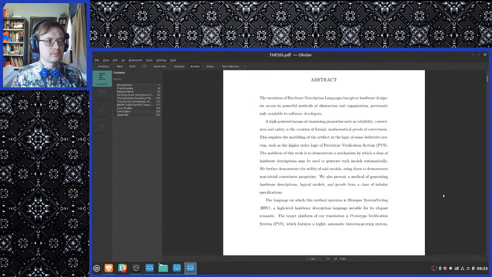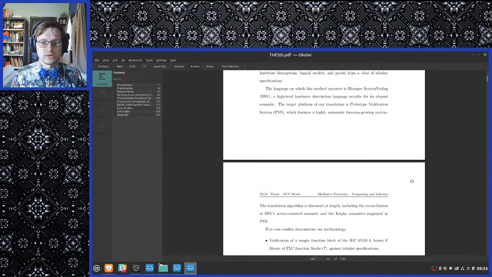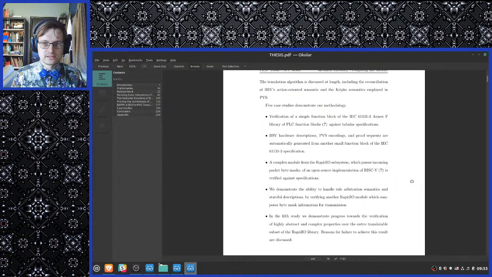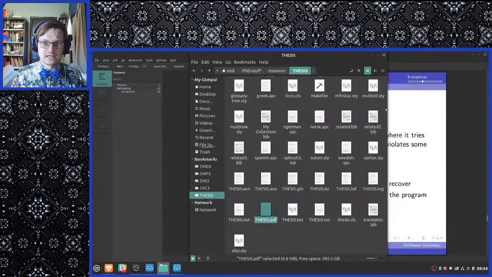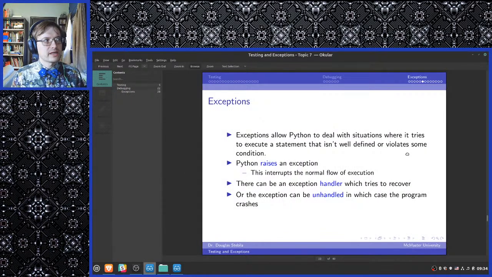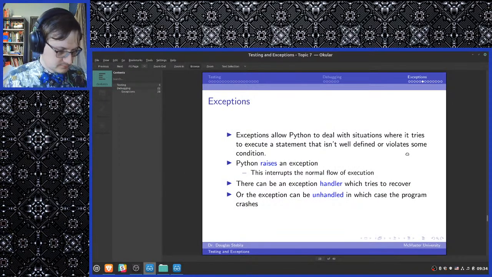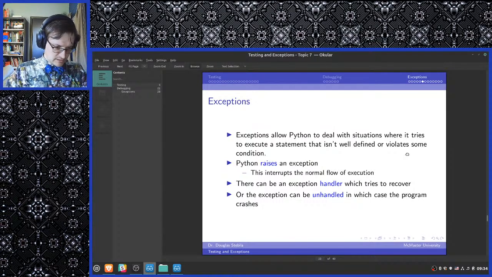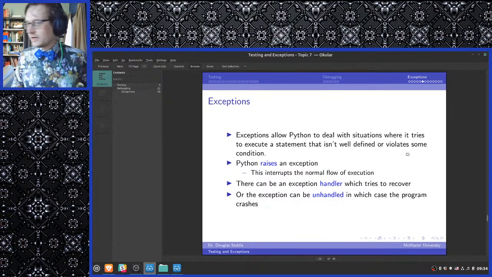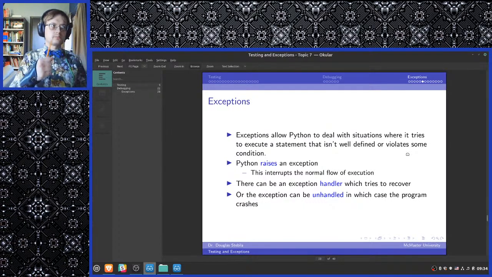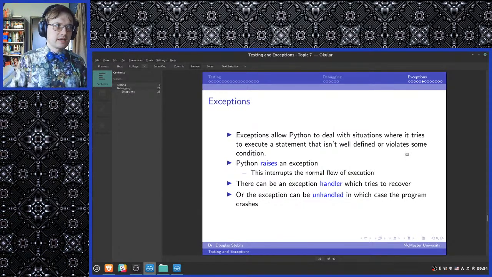If you want to screen cap the first half of the abstract, there you go. If you want to screen cap the second half of the abstract, there you go. If you want to read through that on your own time, if you can understand it, then you'll have some kind of rough idea of what my PhD's about. So. All right, we should swiftly move on because we've got a lot of material to cover and not a lot of time to cover it in. So let's get it rolling, my friends.